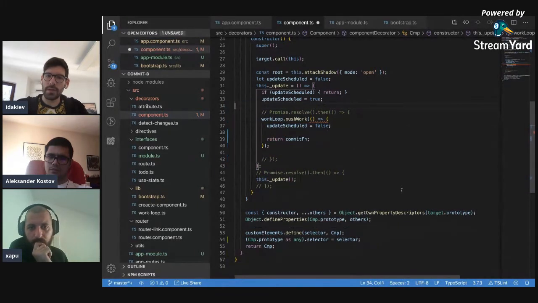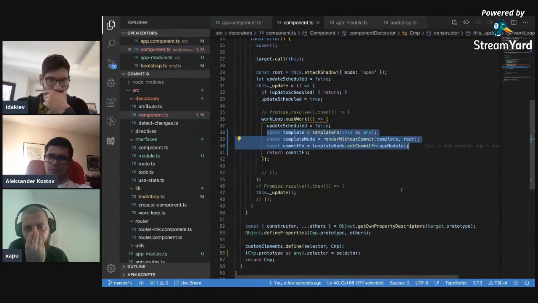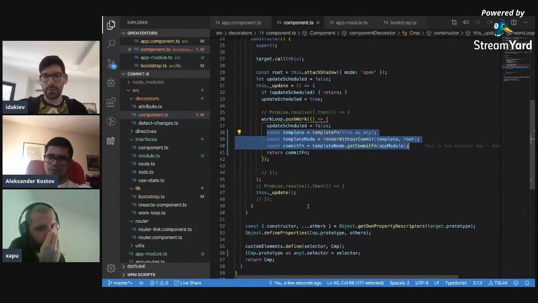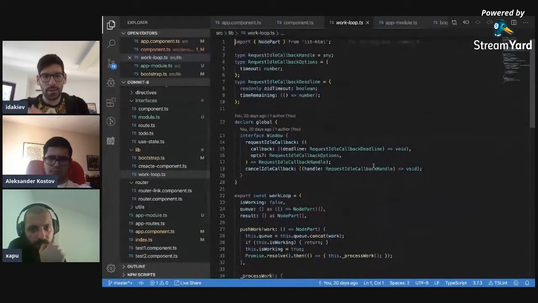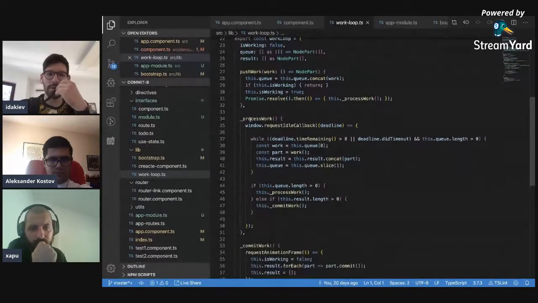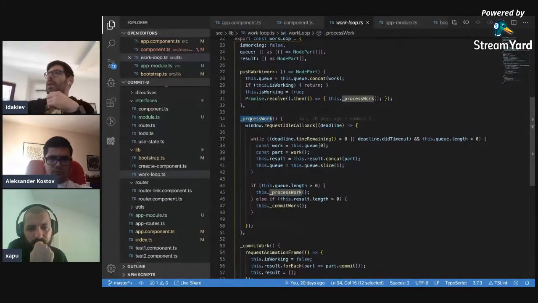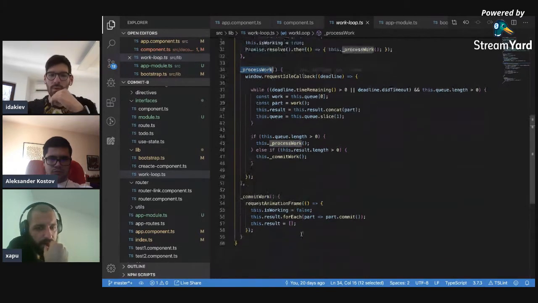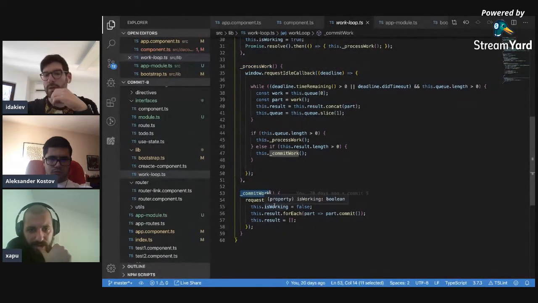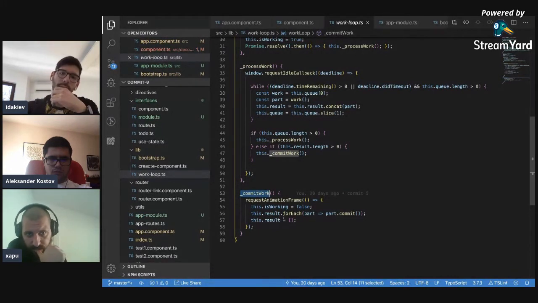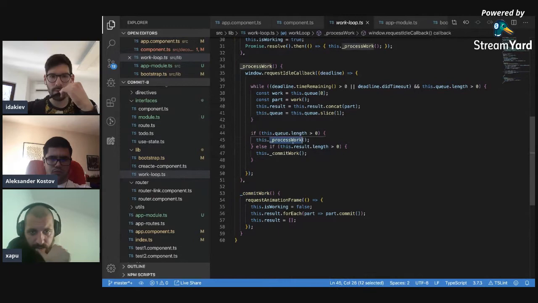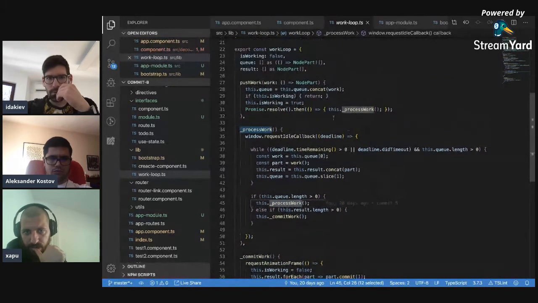No. It should be like so. Let's see what we were doing in the work loop. So inside the work loop, we had two phases. One is process work. Yeah, so the process work is actually whenever we're calling the individual updates. So actually in the commit work is where we need to do the rest of it. So the process work, what it does is,